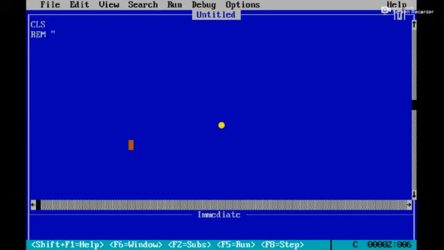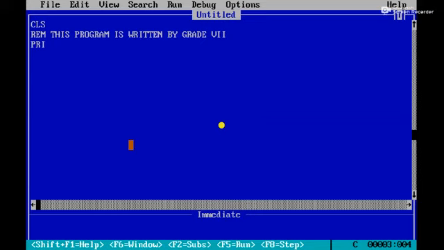After that, REM: this program is written by grade 7. Written by grade 7. Okay. This is a non-executable statement. This statement is ignored by QBasic.